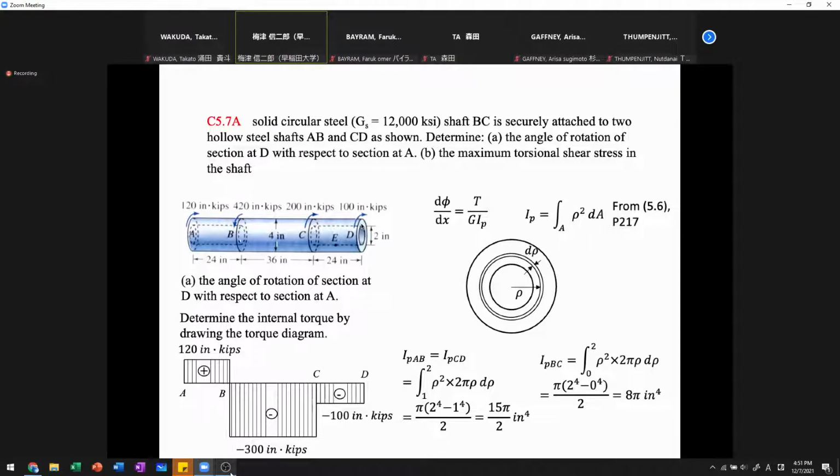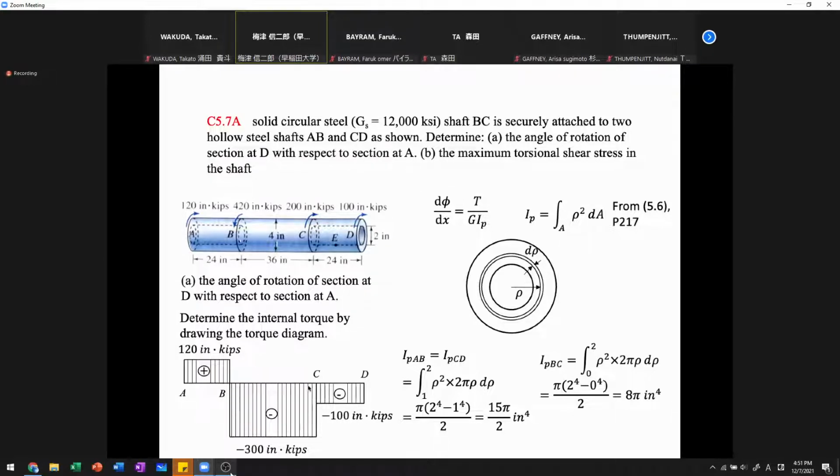When the torque will be changed, where will the torque be changed? Yes, here constant torque is applied at A, B, C, and D. So please draw like this. At A, the torque is applied, and at B, this kind of counter torque is applied. So the torque drastically drops to minus 300